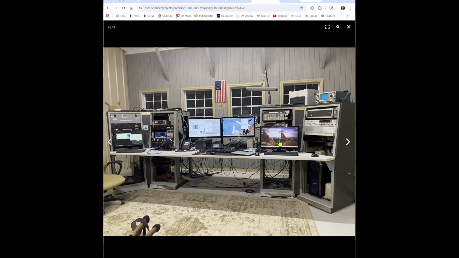There's a picture of the entire console, and on the right is the time and frequency station. Just to the left of that, the monitor and keyboard are part of the time and frequency station. Behind the monitor and keyboard are test equipment, a spectrum analyzer, which you can't see, and a signal generator and other things. In the center with the two consoles is another computer,